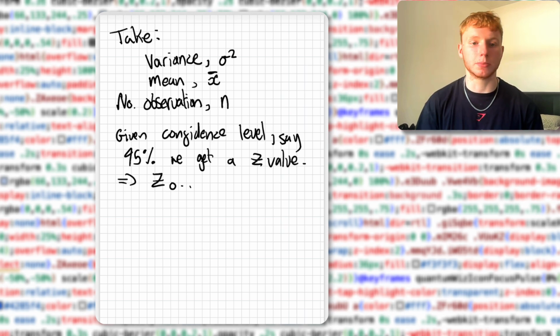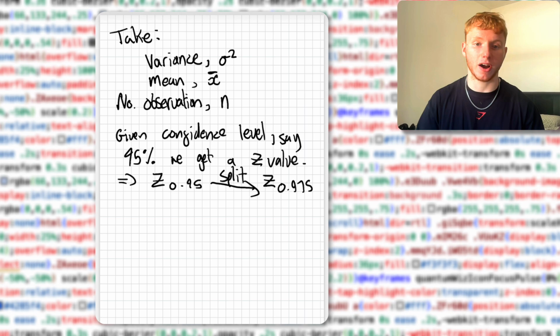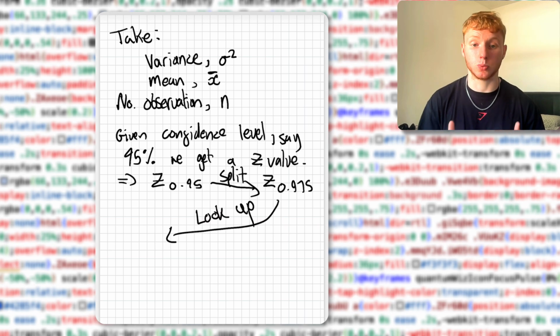So z 0.95 is going to be split in half. For a 95% confidence interval, 95% sits in the middle of the normal distribution and then leaving 5% outside. Since the normal distribution is symmetric, that's 2.5% on either side. So when we look up the z-score corresponding, we use 97.5%, so z 0.975, which from looking it up is